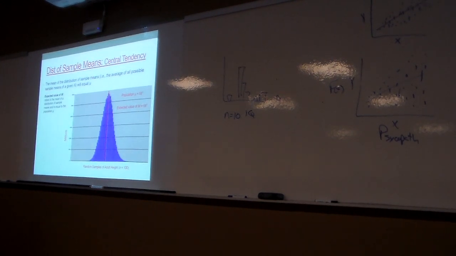Again, central tendency: the mean of the distribution of sample means, the average of all possible sample means of a given sample size, is going to be equal to the actual population mean, right? So if you think about this in terms of, say, political polling, there's a hypothetical value of an approval rating for a politician out there in the universe. We can't directly observe it, but there's some theoretical value out there of the level at which, if we were to poll everybody in the U.S.